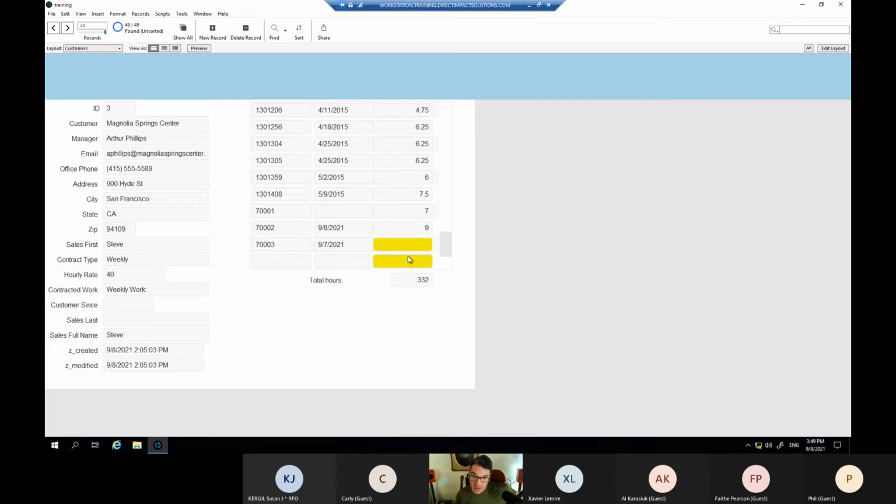One of the things I really don't like about that is your blank line. So your very last line there is actually not a record. So it shouldn't be showing like that. On the line where you have 6 hours, a few lines above that, just click the 6 and delete it. And then tab out. Now it shows you, hey, you need a value here. So this is the way that I prefer